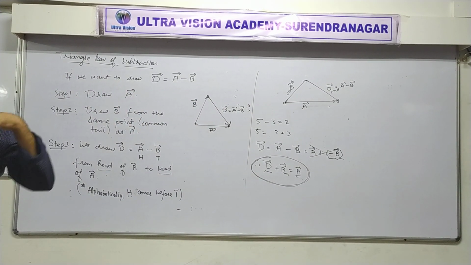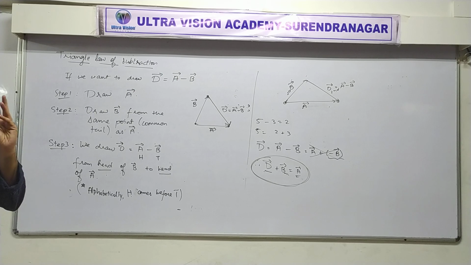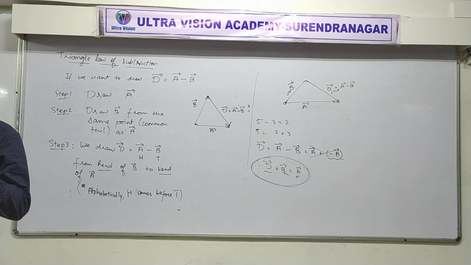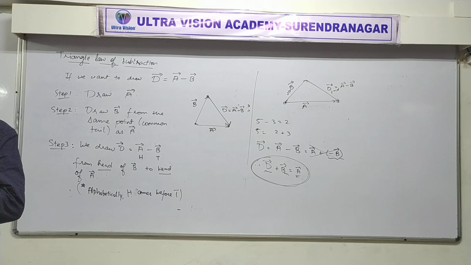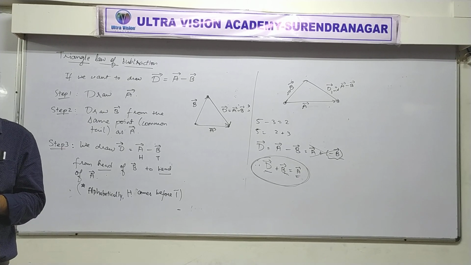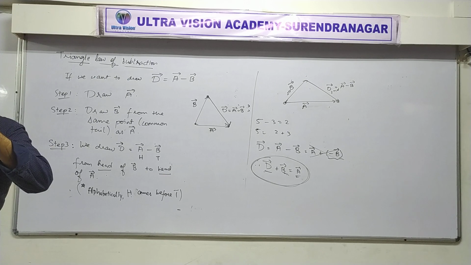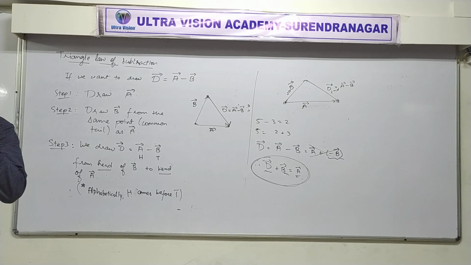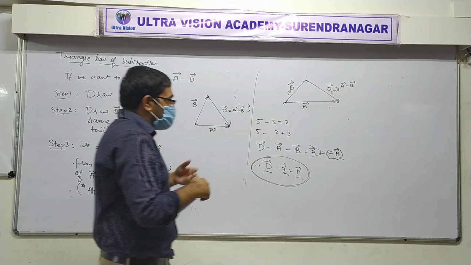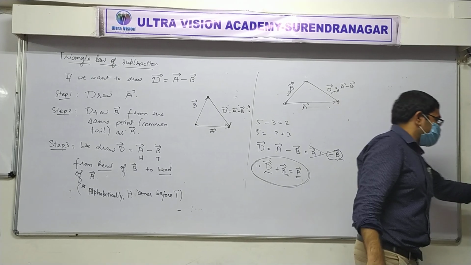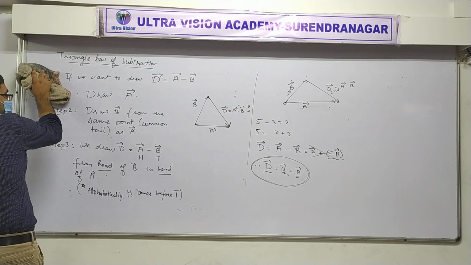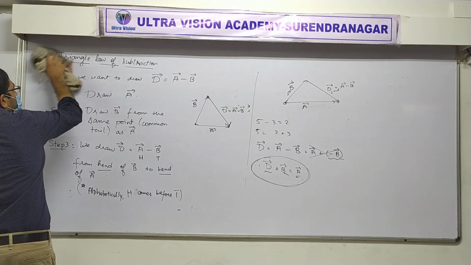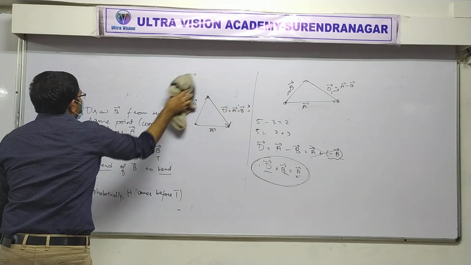Alright? Fine. So now we have learned three laws. Two for addition and one for subtraction. All of these are graphical methods. Graphical method means you have to draw it. Is that okay? Later on we'll study algebraic methods or the ones that use maths, that is calculation. Okay? But we still have a lot of time to go.